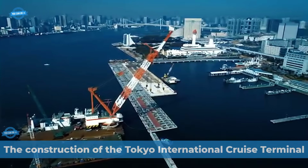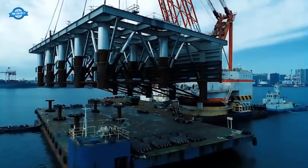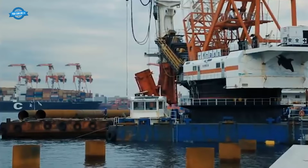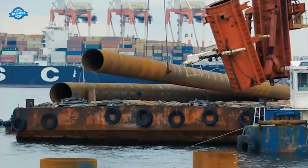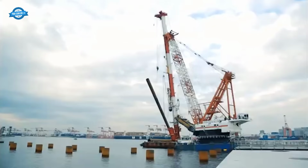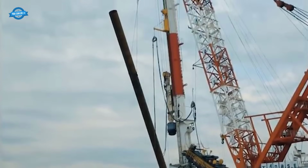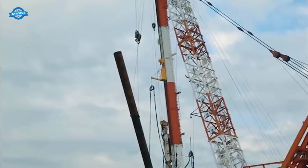The world is currently ushering in a new era of cruises. Large cruise ships exceeding 100,000 to 200,000 tons are becoming a reality, and the popularity of spacious and beautiful ocean views is booming worldwide. However, in Tokyo Port, just before the Harumi Pier, the Rainbow Bridge has a clearance of only 52 meters, which makes it impossible for large cruise ships with a height exceeding 60 meters to pass through,